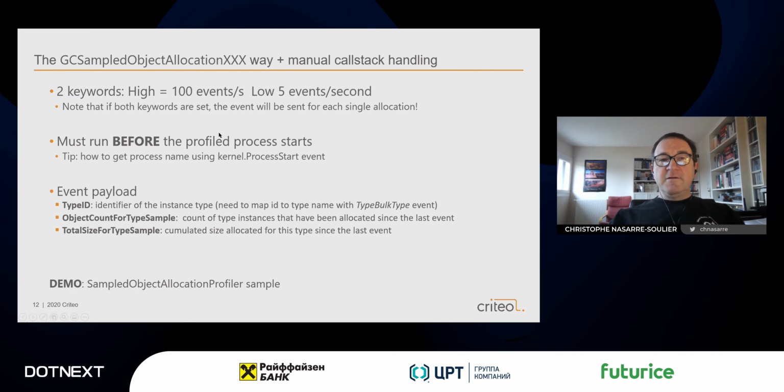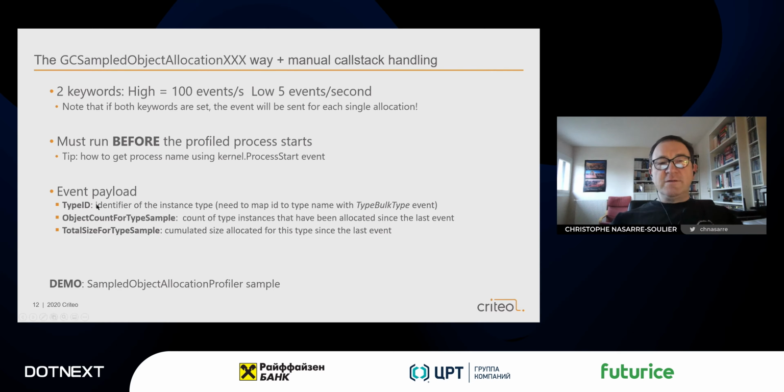You have two kinds of keywords for that. You have the high and the low keywords, and the main difference is how many events per second you will receive. For the low it is at most 5 per second, and for the high it is at most 100. It really depends on how your application is allocating, but usually you could start with the low. So when will you get this event? You will get this event after an object has been allocated, and each event will contain an